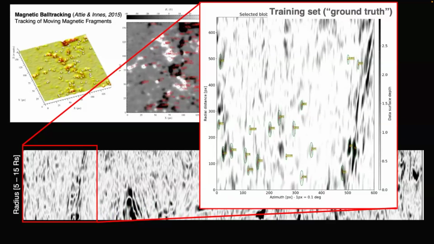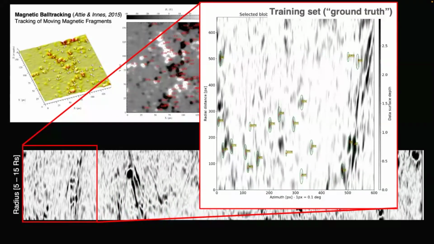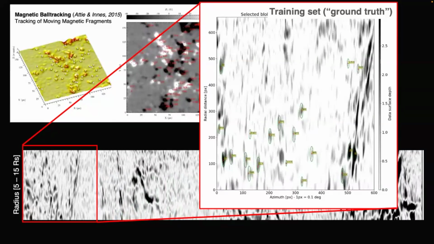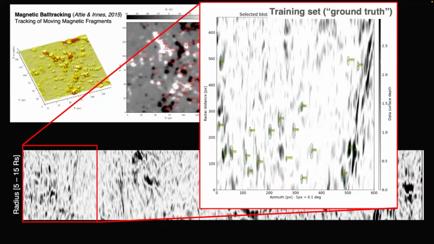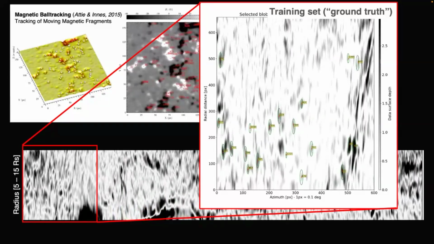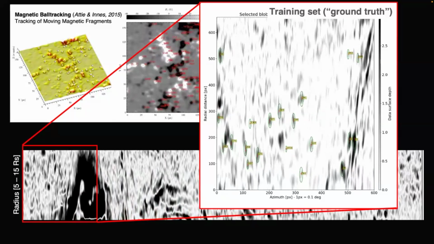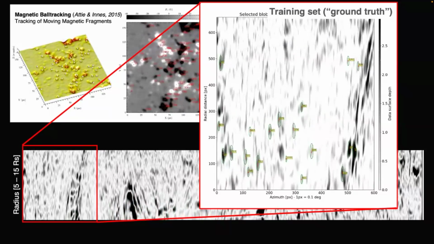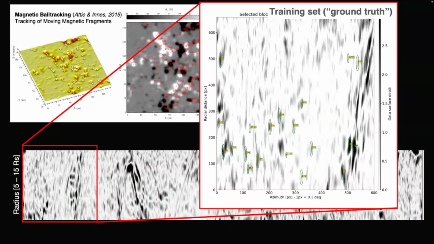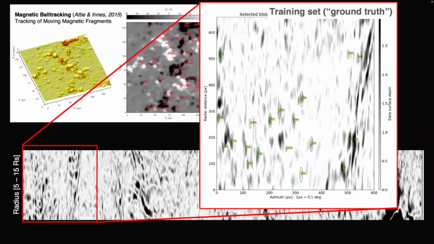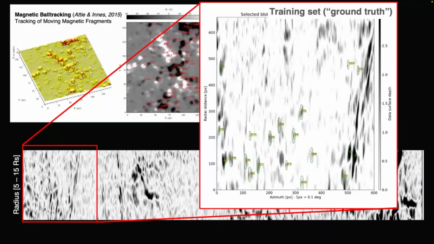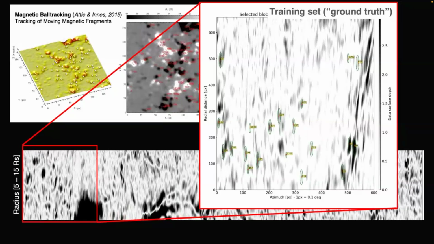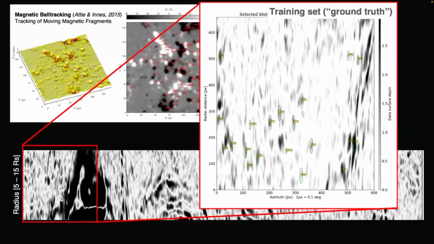This algorithm has been intensely optimized, and we made sure that we have really the best accuracy possible. One way to check the precision of the algorithm was to have a semi-automated way to identify and track many different mesoscale structures. We selected a broad range of them to make sure that we are not overfitting on a particular type of structure. And the precision that we got was of the order of 1 kilometer per second when doing that Lagrangian